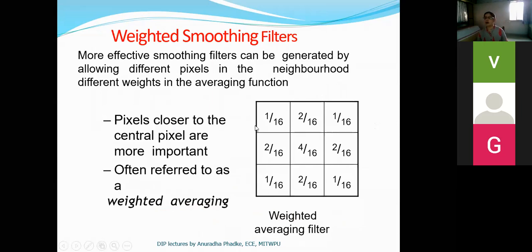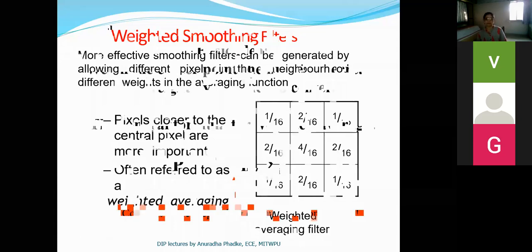So it has more blurring effect. But in the case of the weighted average filter, we are giving more weight to the central pixel, that is the pixel under consideration. And that's why the blurring effect is slightly less than that in the normal averaging filter. So it is useful in preserving details as compared to the standard averaging filter.